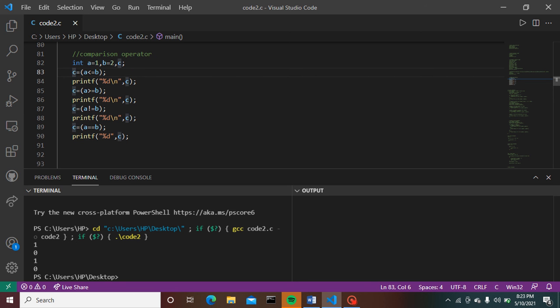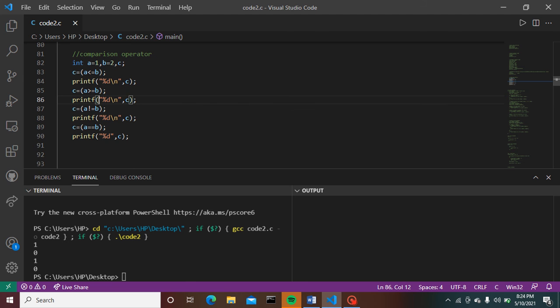For c, I have provided an expression where a is less than or equal to b, that is, 1 is less than or equal to b, so the output is 1. Why is it so? Because 1 is actually less than 2, so it provides the answer 1 because we have provided the declaration for integer type.